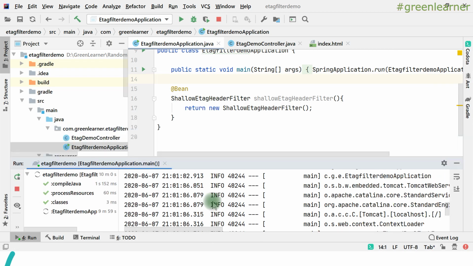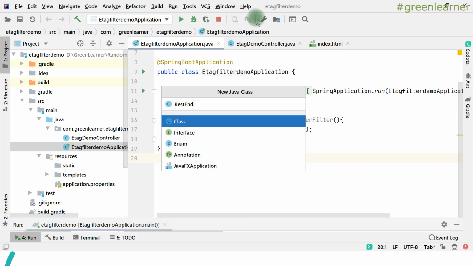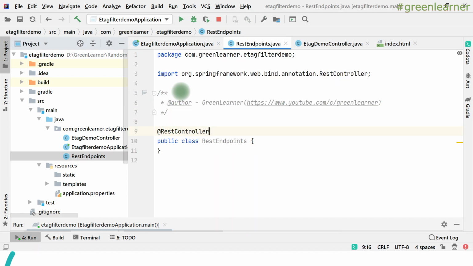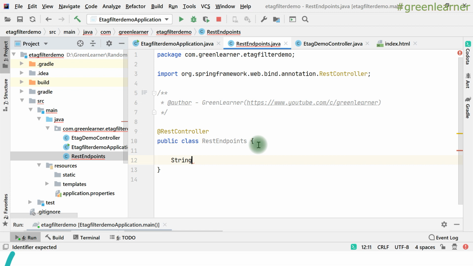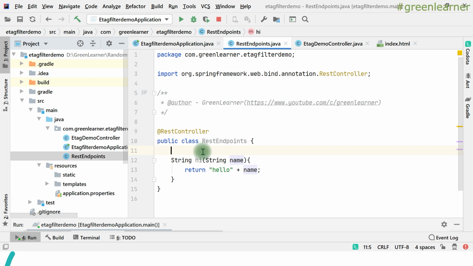Coming to the project here, I'm going to create one more controller here, for REST endpoints, right? Name it REST controller, and I want to return some string here, right? So this is what I want to return. The name I have to pass here as a string name, right? So I want to make it dynamic.